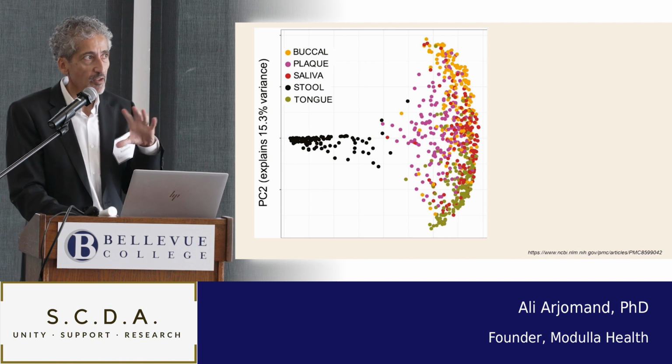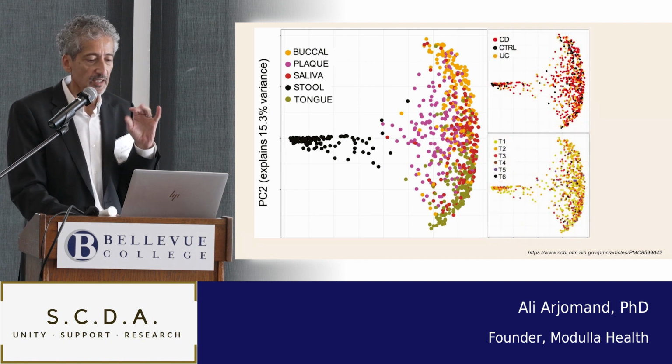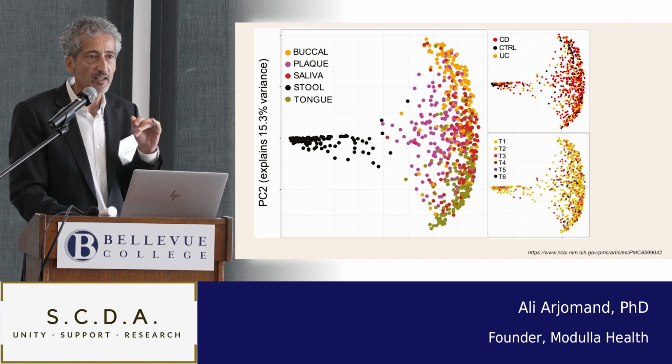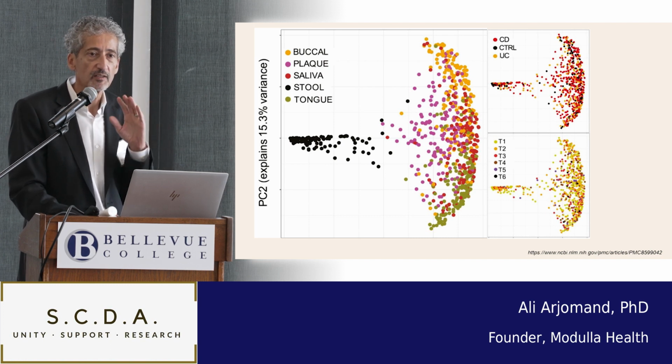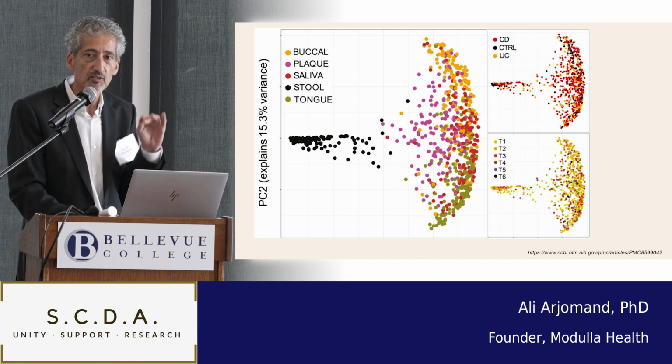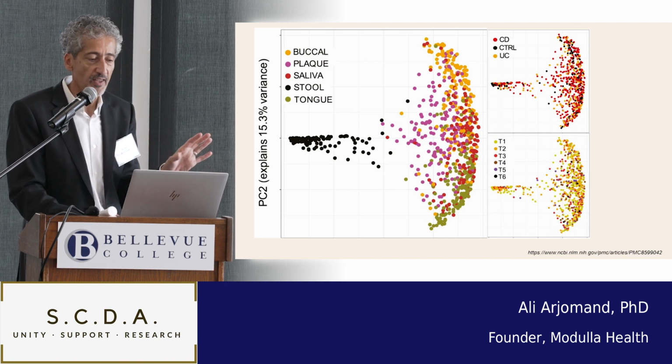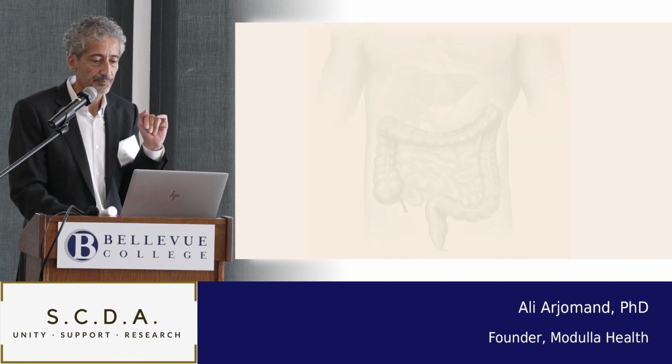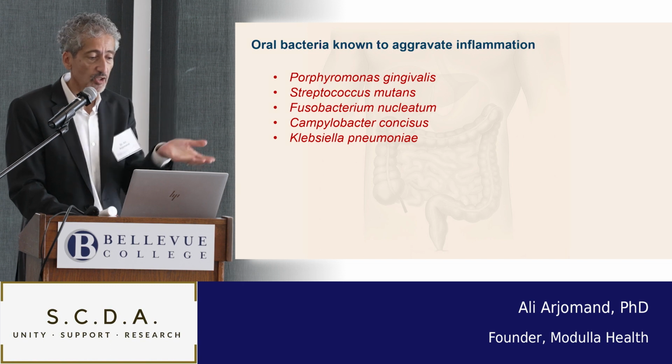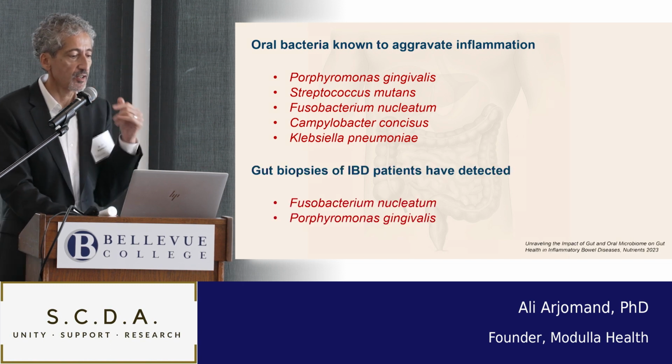You can follow the pattern in these patients. Really interesting. I won't go into the details, but there's definitely a discernible pattern of UC patients, a different pattern of Crohn's patients, and a different pattern of the healthy kids. All right, so this is just a quick summary of what they discovered.